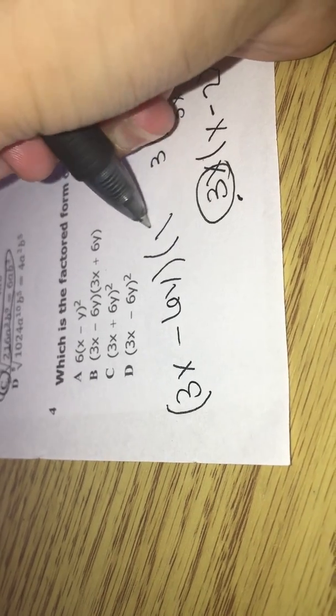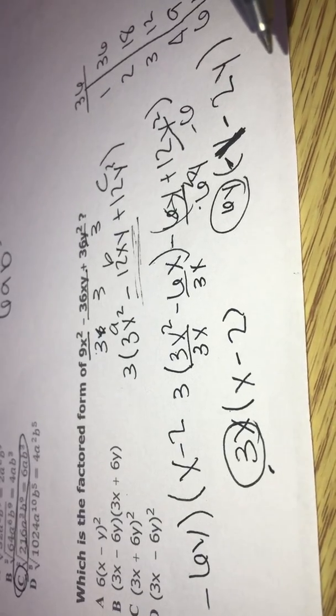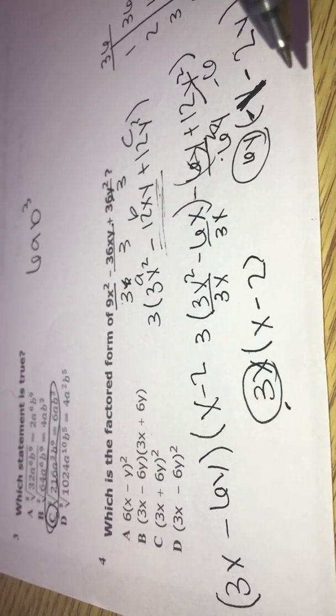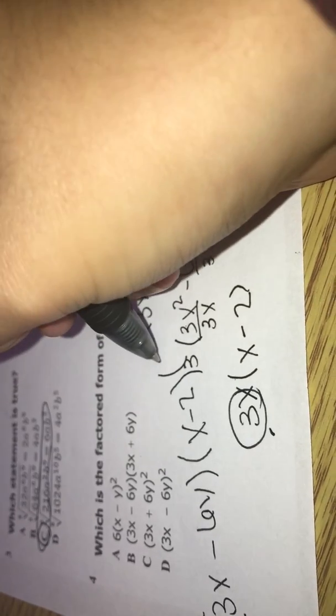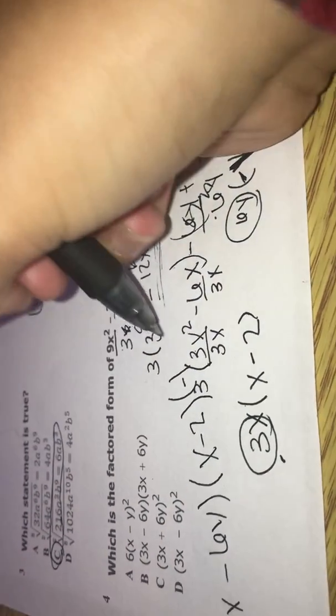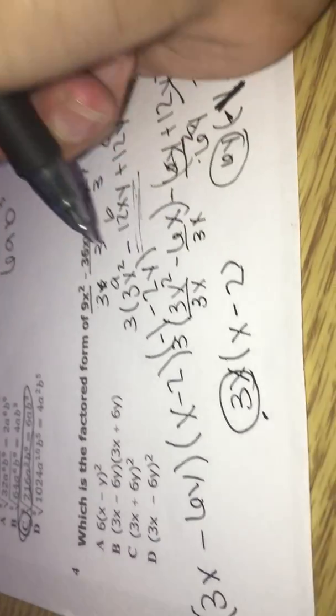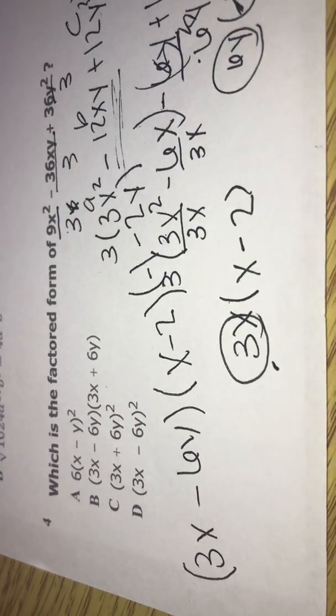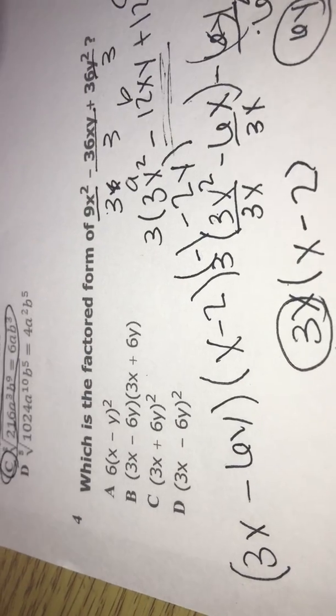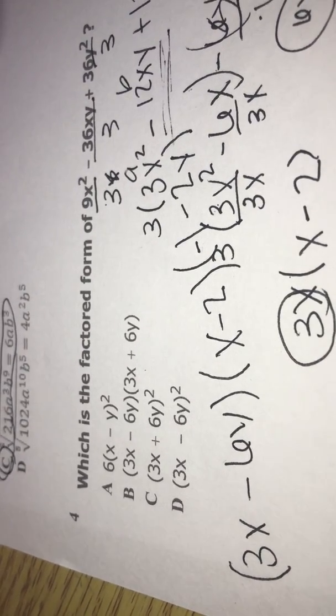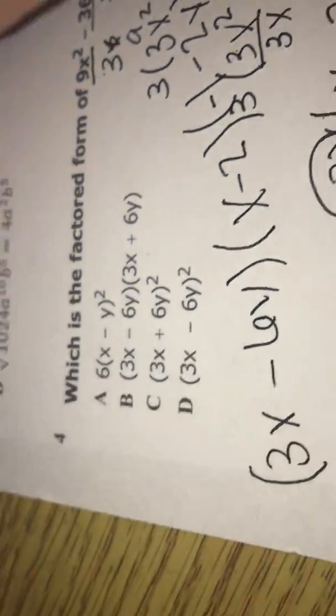So 3x minus 6y and x minus 2, negative 1 minus 2y. Okay, 3x minus 6y squared would bring us over here to our answer